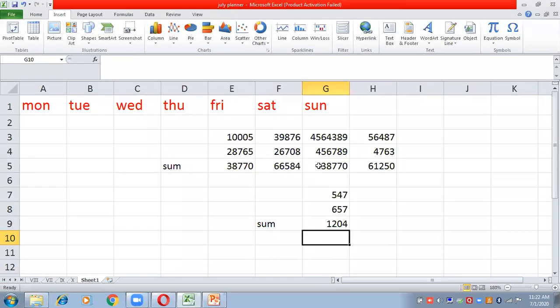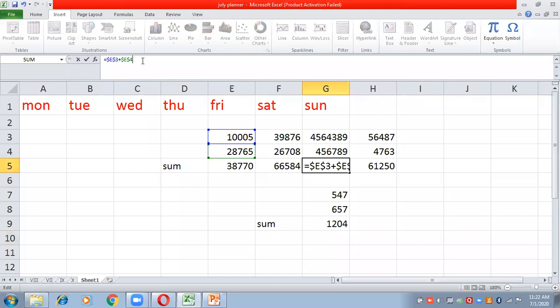Next is absolute referencing. In absolute referencing, I don't want the formula to get changed. मैं चाहती हूँ कि same to same formula with same column with same row should get copied over there wherever I'm getting pasted. So in that case, you have to put a dollar sign in front of E and in front of 3.